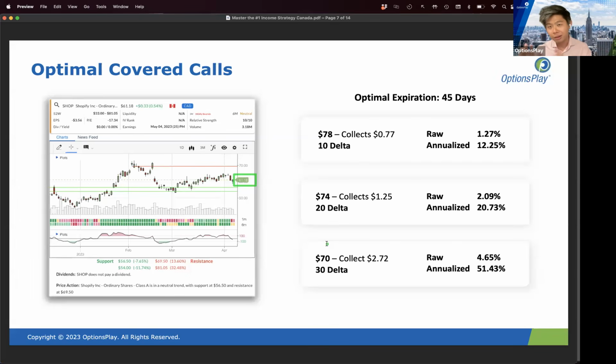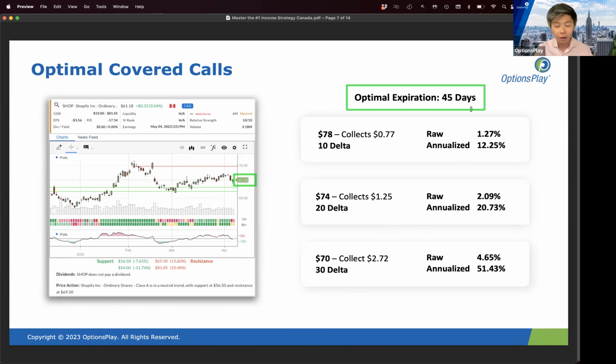Because if we had to guess the right expiration date, I think we could be here all day long. But we've done a lot of research on this, and the optimal expiration date for selling covered calls is 45 days to expiration. So write that down, put that in your head. It's actually the case for a lot of option selling strategies, 45 days. Generally speaking, 45 days is the optimal expiration date for a covered call.